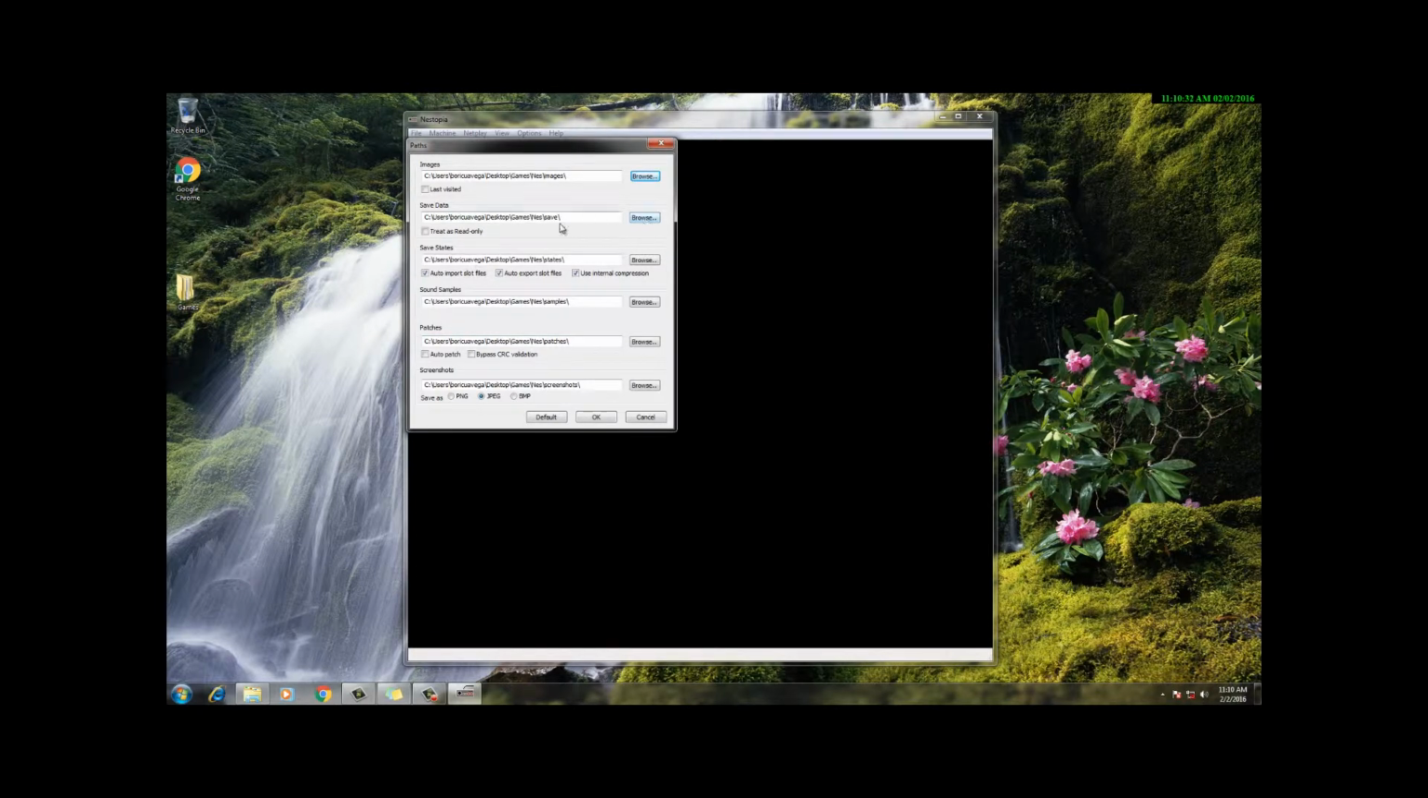Save data, it's under the save folder, same folder, so you go to save data. States, go under states. Sound samples under samples, patches under patches, and screenshots, if you decide to take screenshots, under screenshots. Once you do all those, and they're all attached to their appropriate folder, you're gonna hit OK. Once that's done,